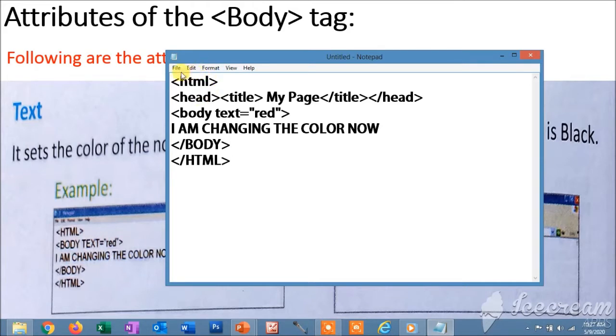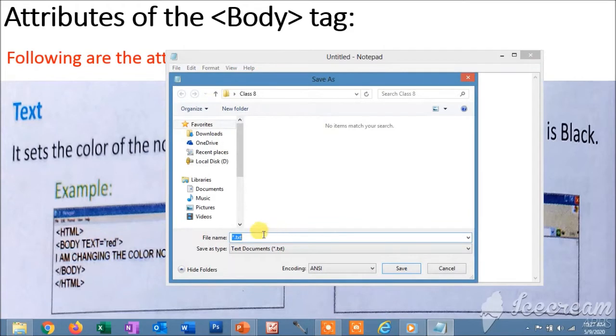Now after writing this you can save your file, save as, file name, then write down the extension, which is compulsory. .html is the extension.